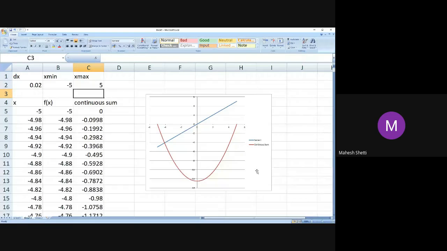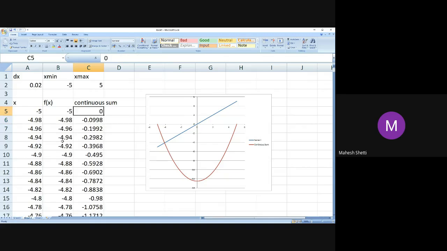See, this particular exercise is not an exercise of numerical integration. It was just an additional thing that I'm showing here. What I'm showing here is this. I have plotted f of x, and I want to see how the integration function looks like. I'm interested in how graphically it looks like.